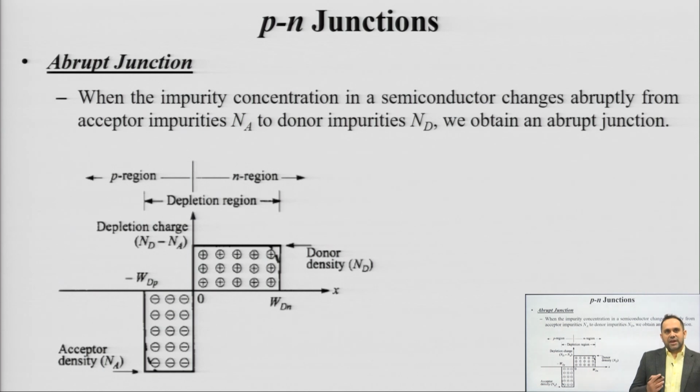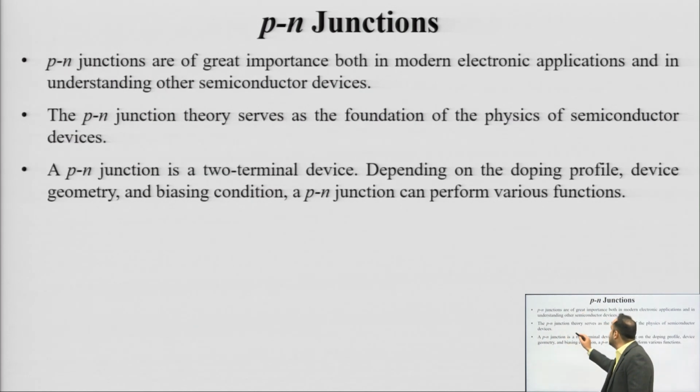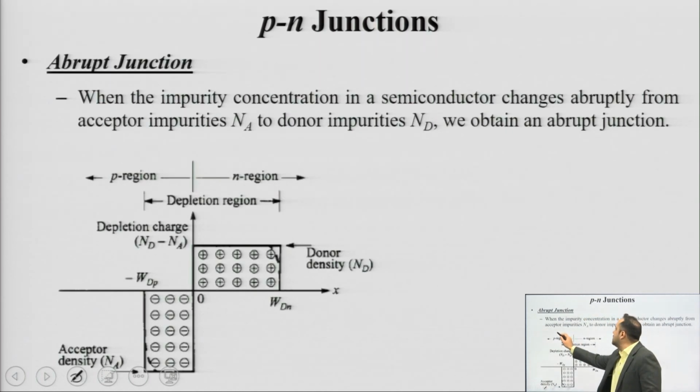Whenever we are transiting from one region to another, we are saying that this kind of transition is very sharp, it is very abrupt, and it is not graded. Whenever we are crossing the junction, we are switching from one type of doping to another almost immediately. So, this left side is your p region and this is your n region. If you are moving from left to right,